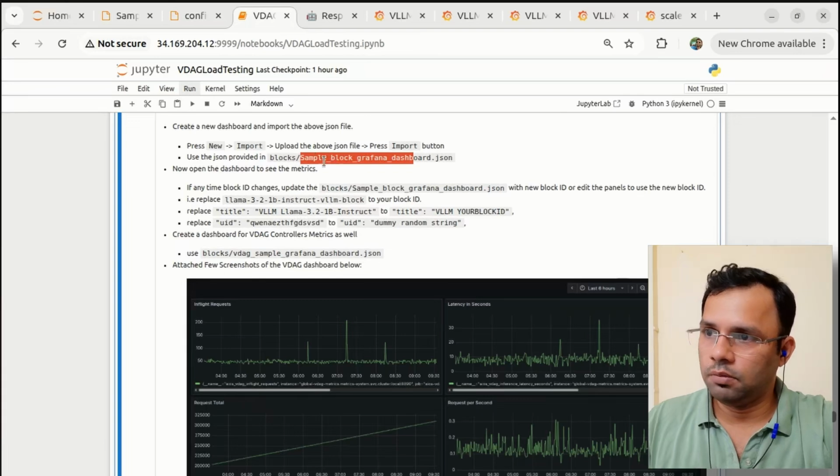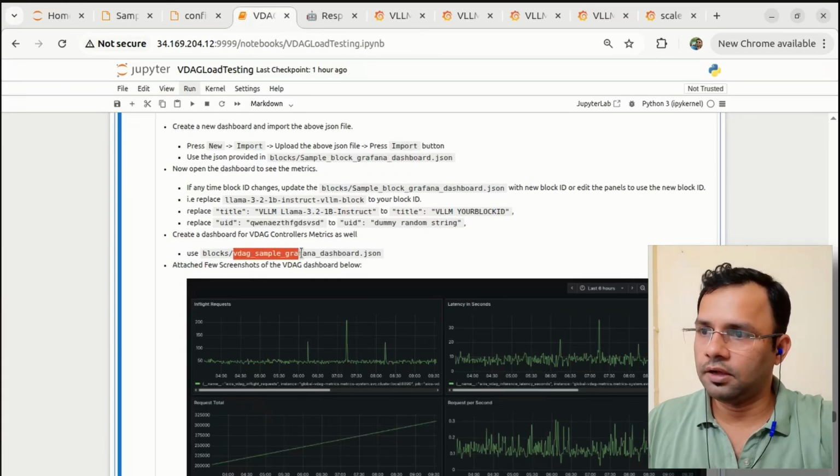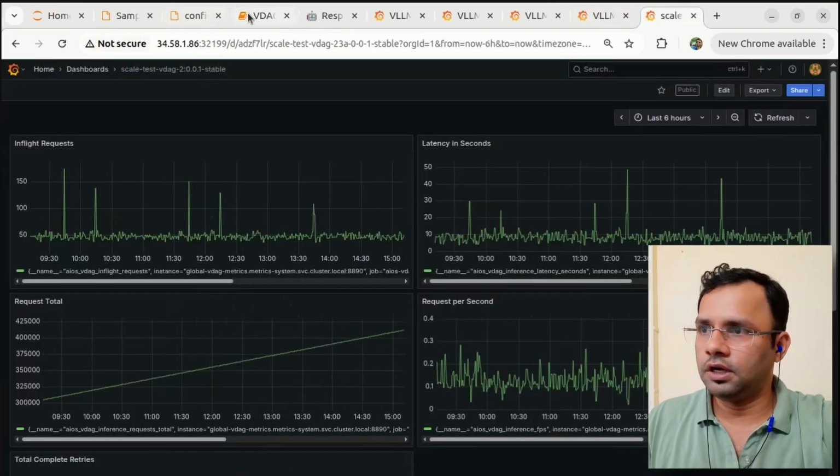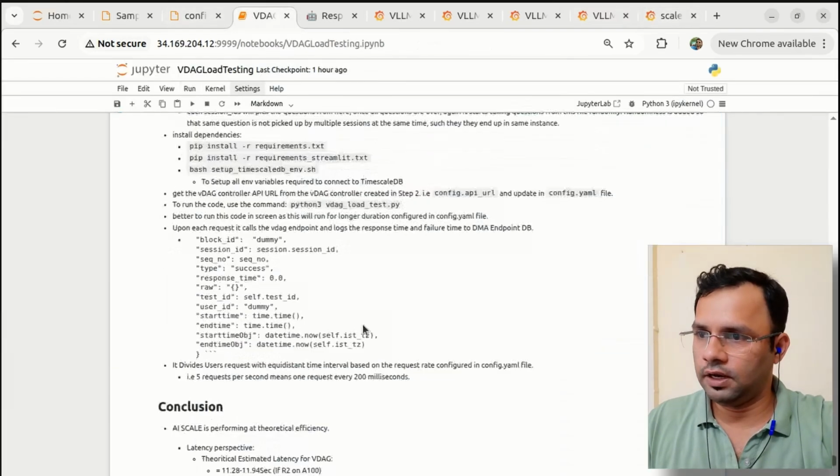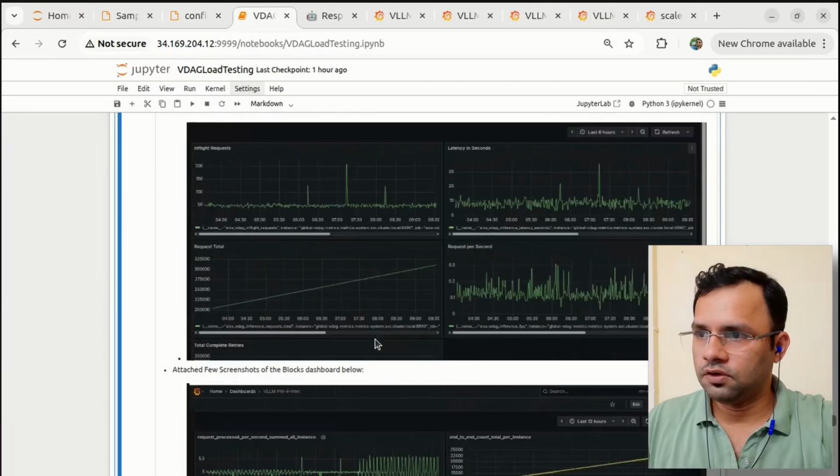So that's for blocks, and this is for the vDAG. We have given the vDAG dashboard; for that as well, we have supplied the JSON file. So next is our